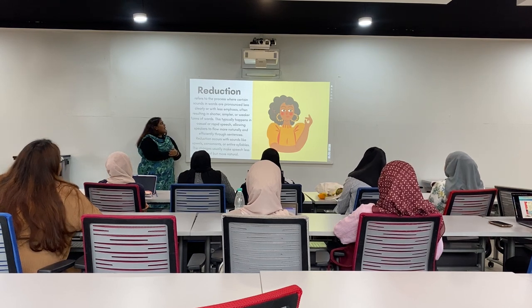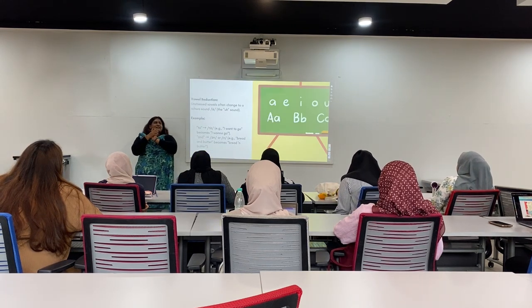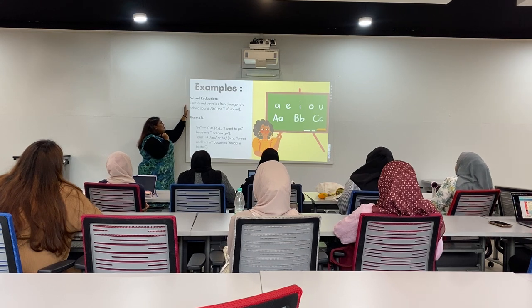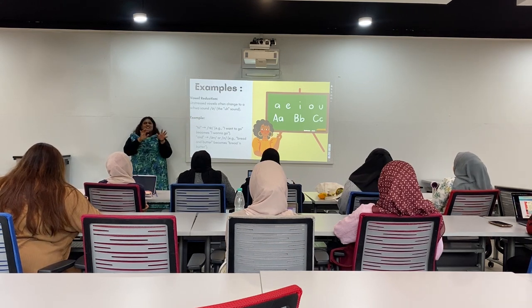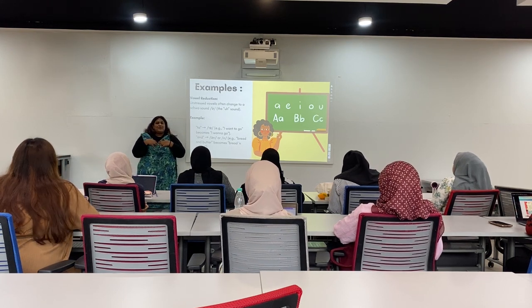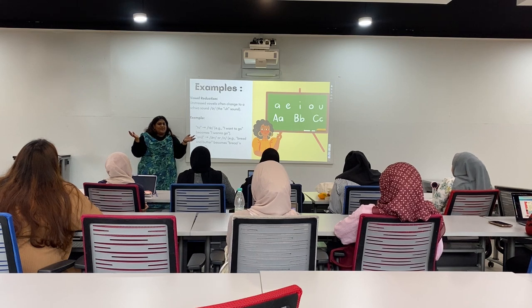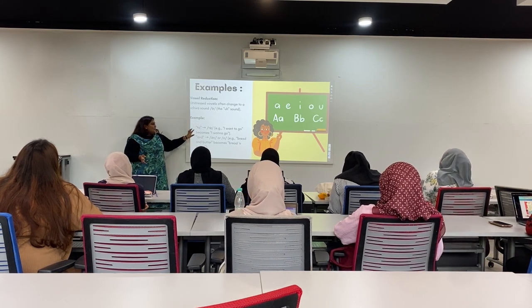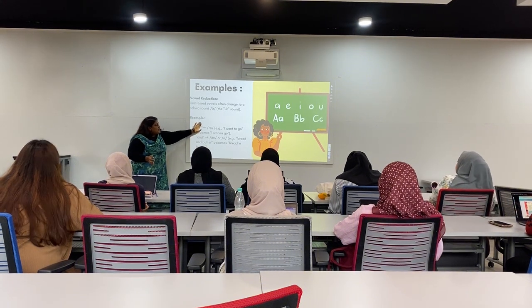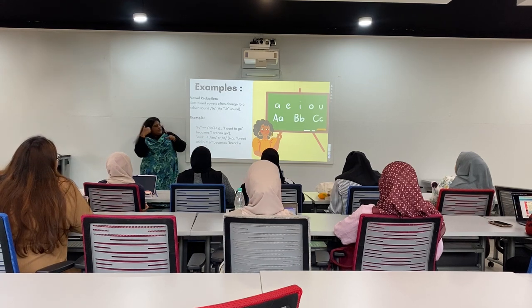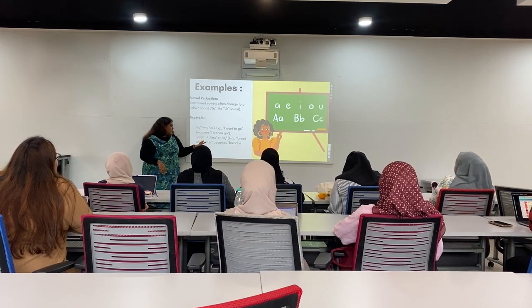Okay, let's go. There are 4 aspects that we are going to cover. The first one is vowel reduction. What's a vowel? Yes, good job. An unstressed vowel is often changed to a schwa sound. What is the schwa sound? If we were to say vowels, we say A-E-I-O-U. Okay, good job. Example: we want to reduce the "to." So "I want to go" becomes "I wanna go."